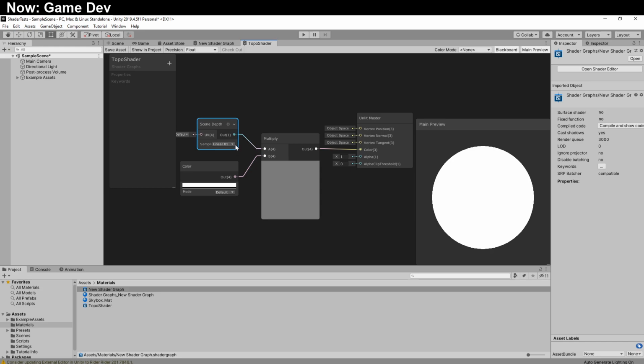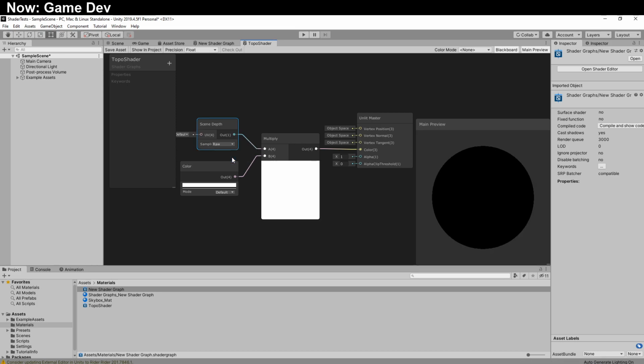But here is one of the tricks. Since we're doing an orthographic mode camera, we're going to want to switch to RAW. And that should actually work. So when we hit Save Asset and go back into the scene view,